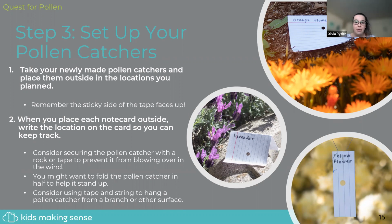And you might want to leave the catchers outside, it's really going to depend on the location you're in and the time of year it is, but you could start with something like 30 minutes, and then you could go back outside and perhaps check on them, see what they look like visually, and then perhaps put them outside